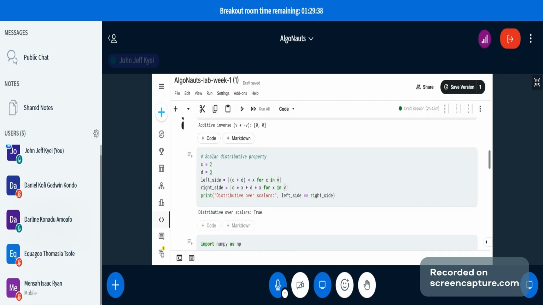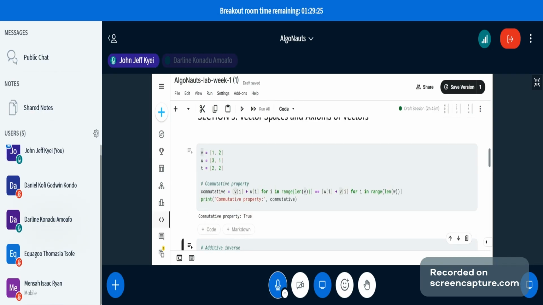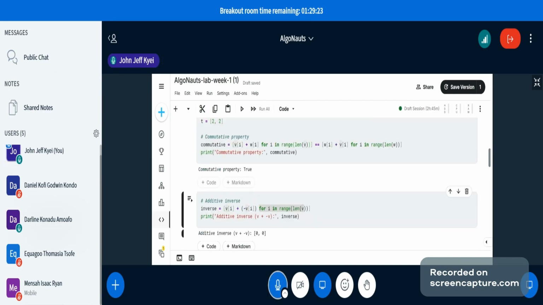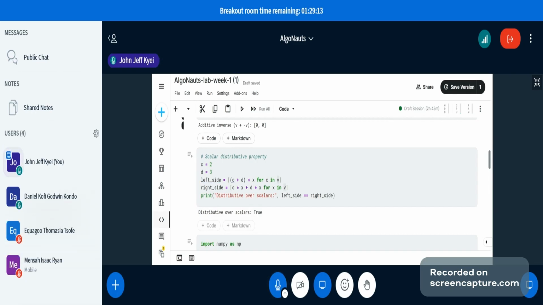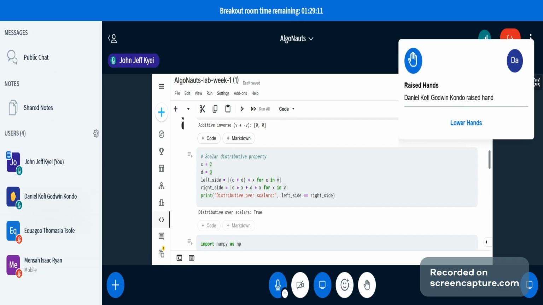Okay. So using the same vectors v and w, we can multiply by the scalars, and then the left side should be the same as the right side. So c plus d, when we add these scalars and multiply by,